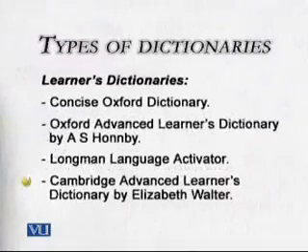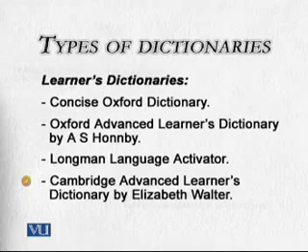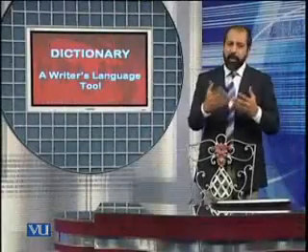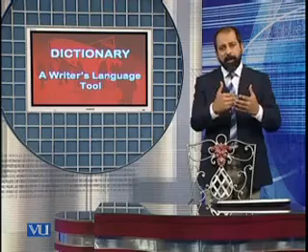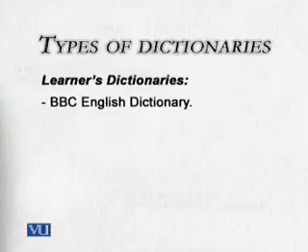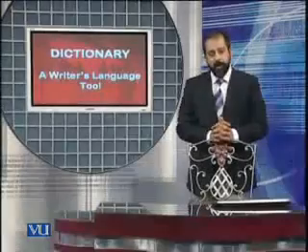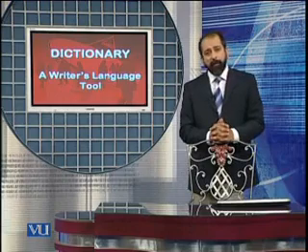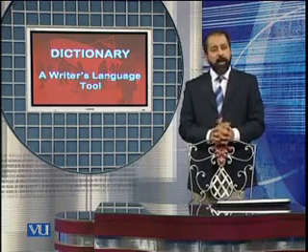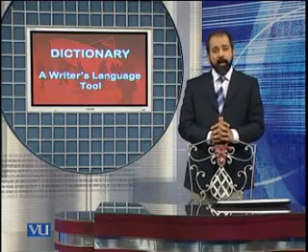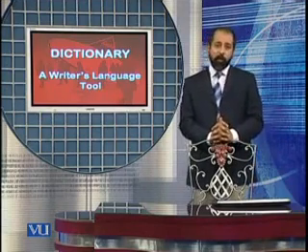And then another important learner's dictionary is Cambridge Advanced Learners Dictionary. It's kind of a copy, to say ditto, exactly the same way it has been fashioned out, the way Oxford Advanced Learners Dictionary has been fashioned out. BBC English Dictionary is another learner's dictionary, which you can use. And the quality of this dictionary is that this is not for advanced learners, but for, you can say, intermediate level language users. And here, you don't find synonyms or antonyms, straight away you find the definitions of words.